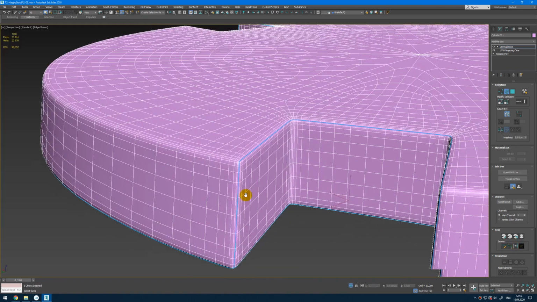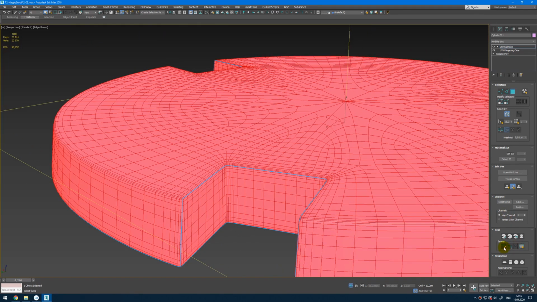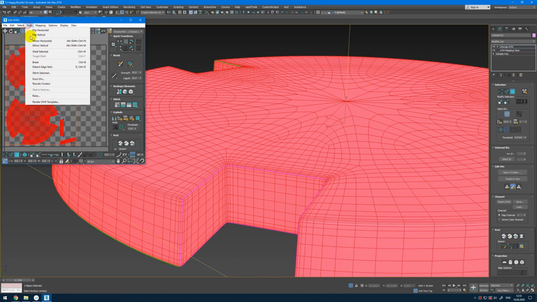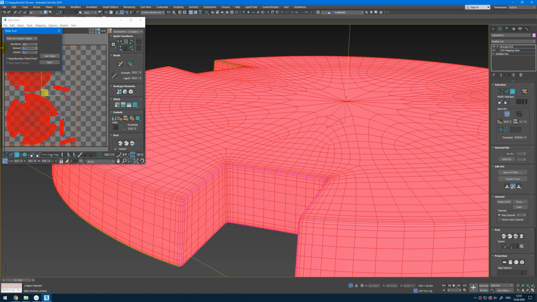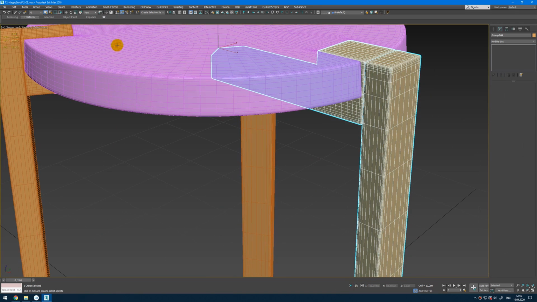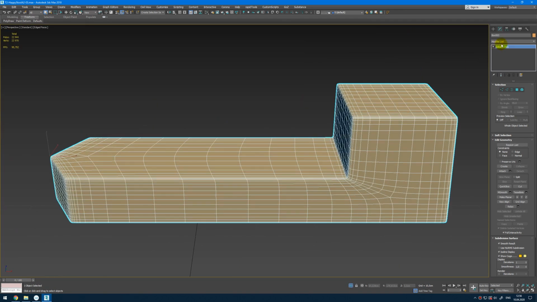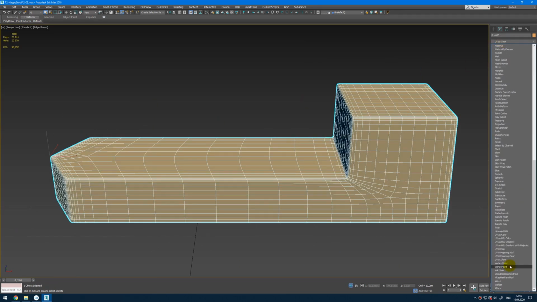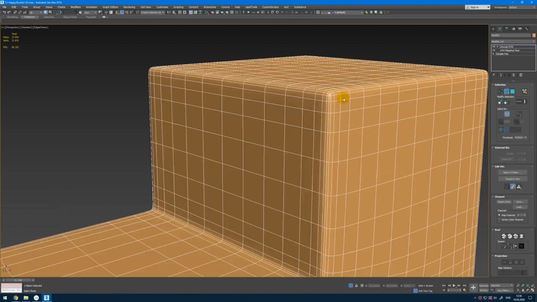Press 3, select all, then quick peel, then go to the tools, relax, press amount 1, start relax, and you can relax them as long as you wish, and then stop relax, and we are done. Convert to editable poly. Now select this group, ungroup, start with this one, for example, UV mapping clear, unwrap, then